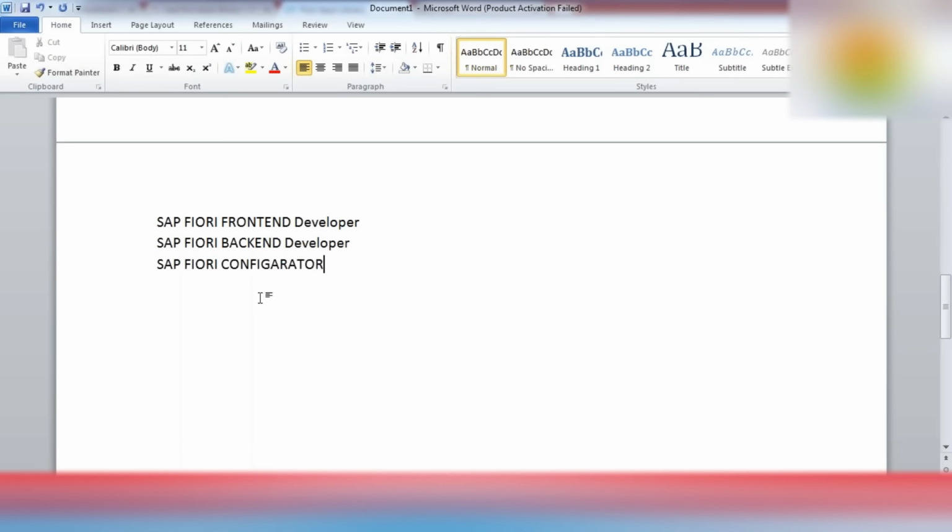The SAP Fiori configurator will configure the standard Fiori application. They will not do any kind of enhancements. If some enhancements come inside the SAP standard Fiori application, then these two people will develop them. For any front end designing extension, the front end developer will do it, and for any backend things, like to enhance the OData service, the backend developer can do it.